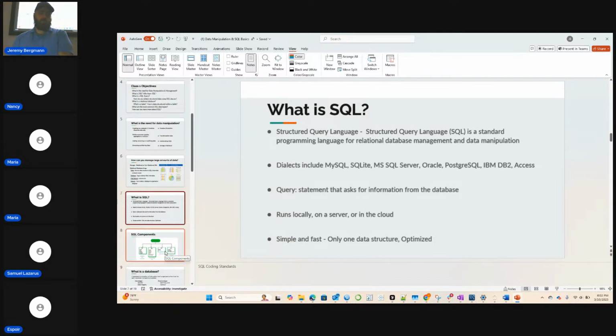Are regular expressions considered SQL or a spin-off of SQL, or are they completely different things? Each one of these dialects will have their own regular expressions. So what's your question, is it considered part of SQL?